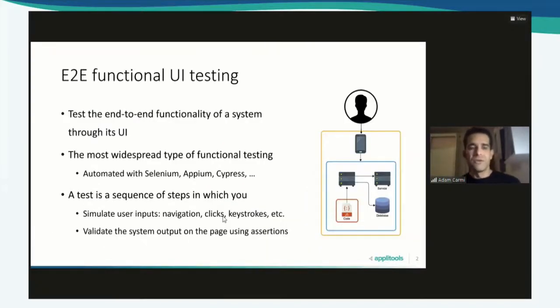In this session, I'll focus on end-to-end functional UI testing, despite the fact that visual AI applies to many other forms of testing: component testing, localization testing, accessibility, responsive web design, and many others. And when we're talking about end-to-end functional UI testing, we're talking about testing the end-to-end functionality of the system through its UI. It's the most widespread type of functional testing. This is the type of testing that you automate with tools like Selenium, Appium, Cypress, Playwright, and dozens of